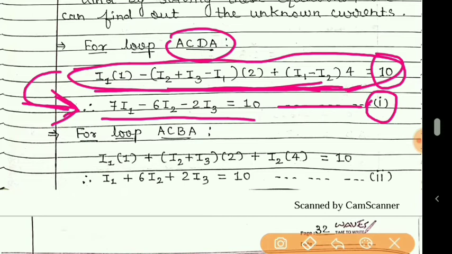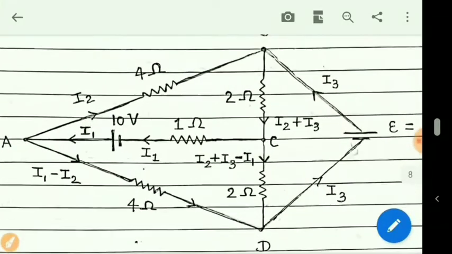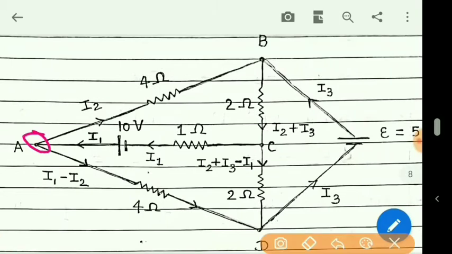Now suppose you obtain this equation. So one equation is there in terms of I1, I2 and I3. There are 3 variables, we can say. Now applying Kirchhoff's second rule to loop ACBA. Loop ACBA. You can see in the figure A, C, B, A. So the same process you have to apply. Once again we will start with point A.